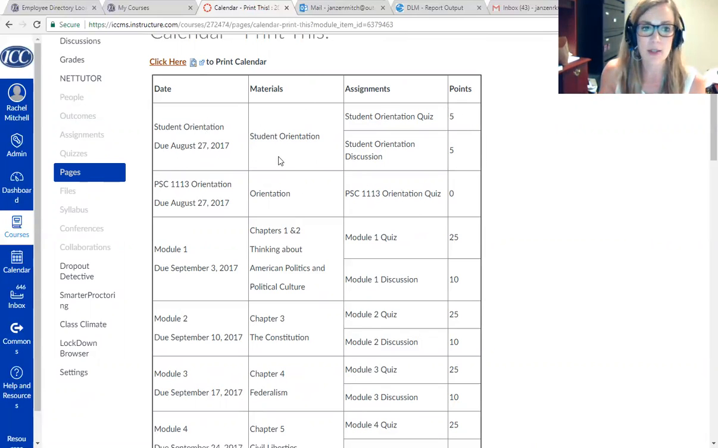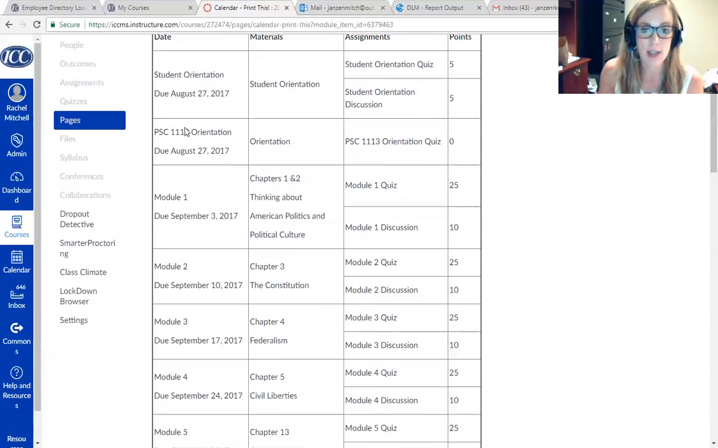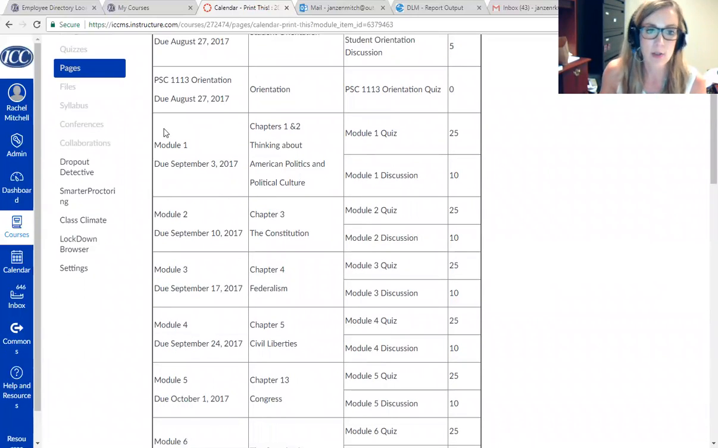And this calendar will tell you each week what is due. So your assignments are listed here, your reading materials are listed here, the points for each assignment are listed here. So it is very simple, it's very self-explanatory. Your first full module in the textbook is due September the 3rd, and it says here, read chapters 1 and 2. It gives you the name of those chapters, complete the module 1 quiz, and the module 1 discussion, okay,